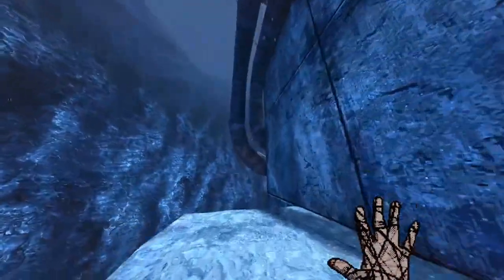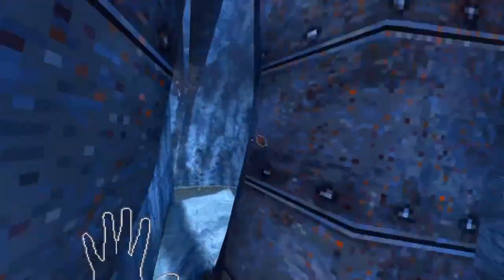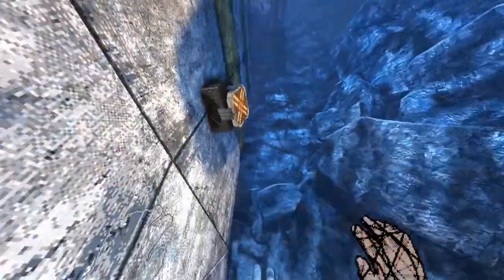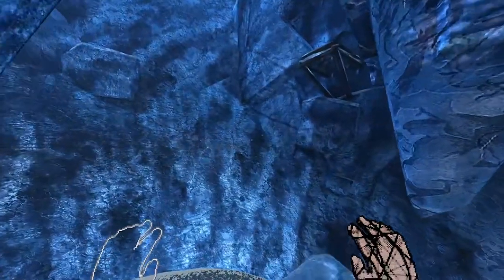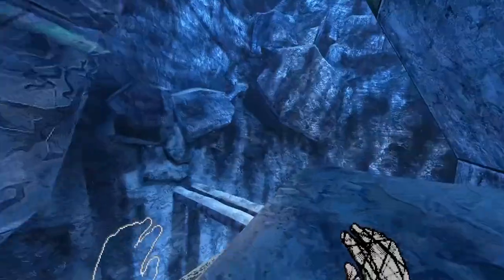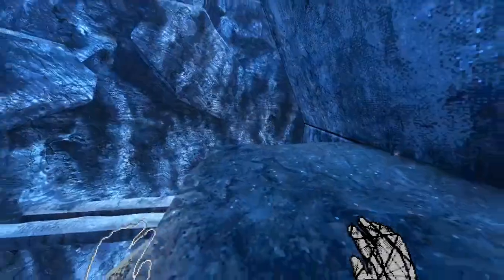I have no items. I'm pretty sure the cave was supposed to be around here somewhere, because I do feel like it's starting to curve. I have no items. I can't even get to it.